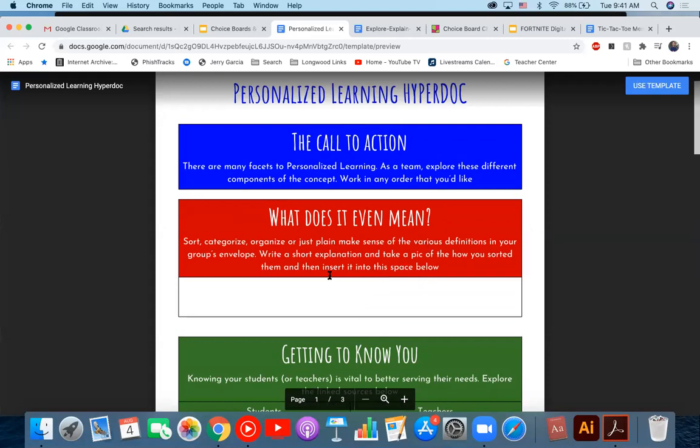Okay, so they're opening up envelopes, with different strips of paper, each with different definitions of personalized learning, and they are sorting it. So you get that tactile response. They're moving things around. They're having group discussion about how you might organize this information. Now you could kind of replicate this even in distance by linking to, maybe, slides with a bunch of